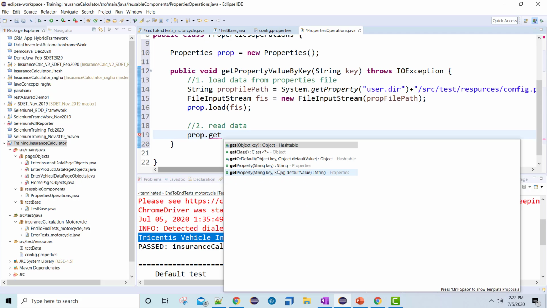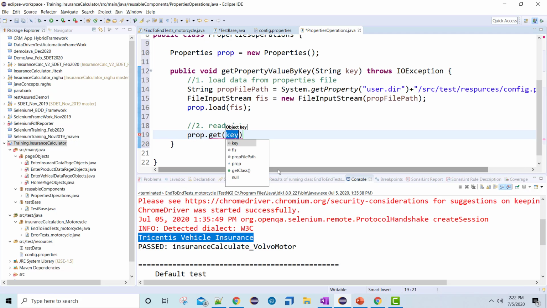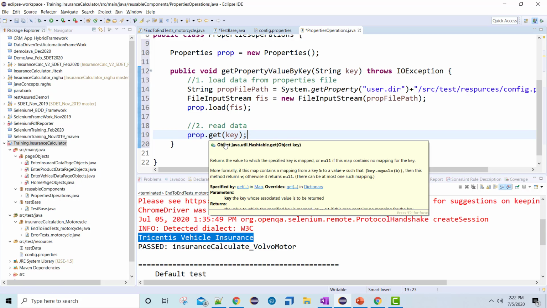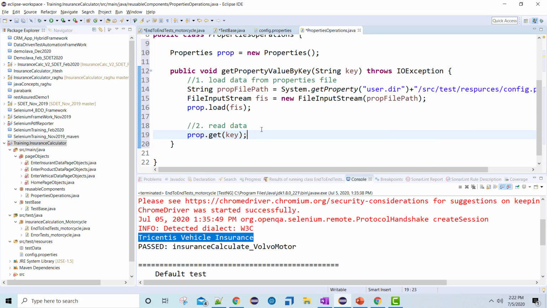So I'll do prop.get, and here I will pass my key, which I am asking from this particular place. This get method will return me an object, but my data is going to be in string format, so I will use the toString method on this. So I will get my data in string format.